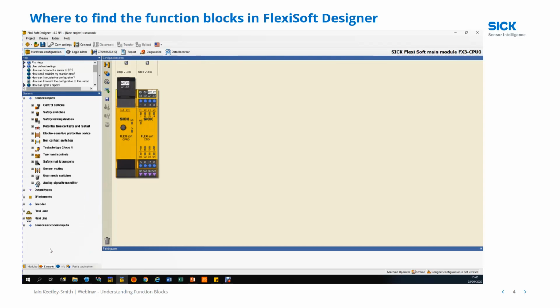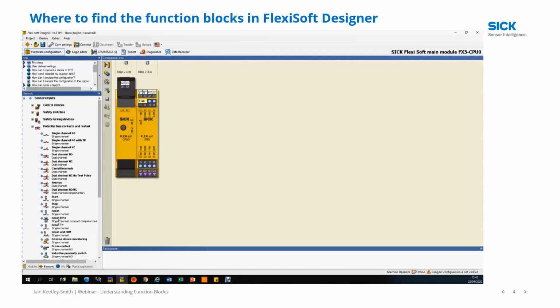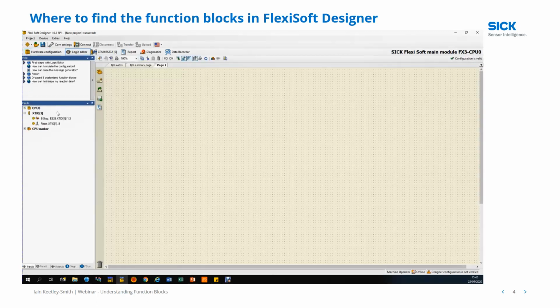If you click on elements, we can then add devices to that hardware. In this case, we're going to add a dual channel e-stop and a reset push button. You can see them populating on the controller. Then for the outputs, we're going to select a motor and finally a lamp. Now if we go up and click on the logic editor, you will see that the inputs we've just assigned are available here, and down at the bottom are the outputs that we've assigned,